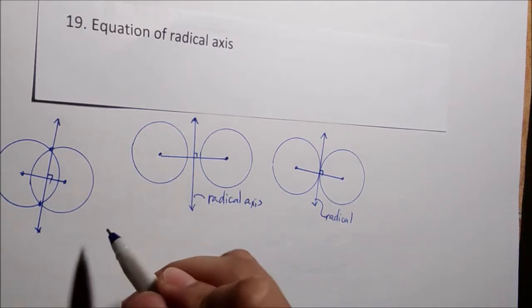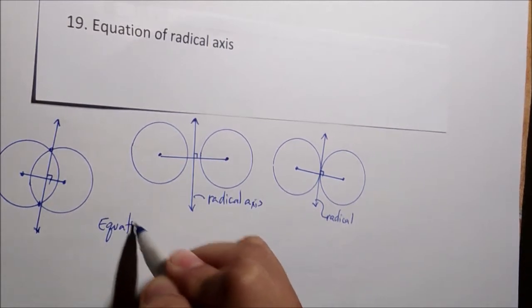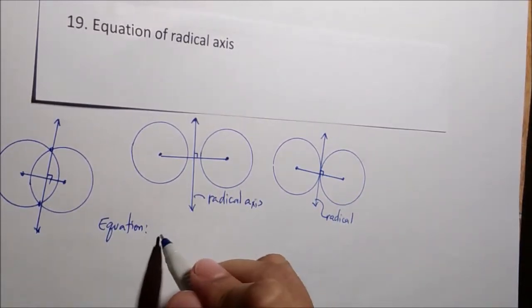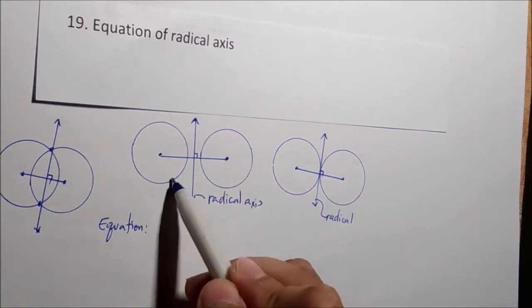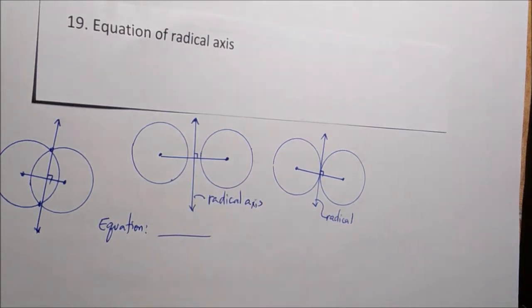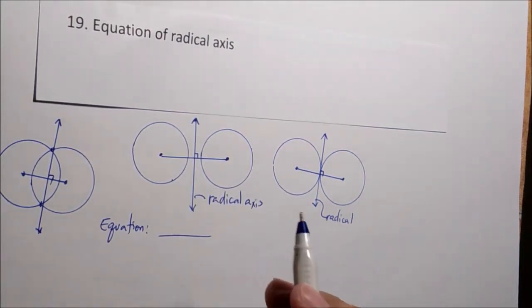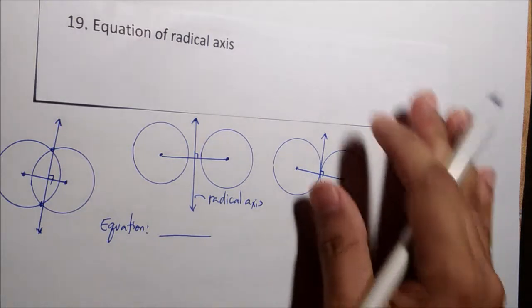The equation of the radical axis is found by solving simultaneously the first equation and the second equation of the circles. Then, eliminating x squared and y squared, you get a linear equation. So that will be the equation of the radical axis. Let's have an example later on. Okay. But before that,